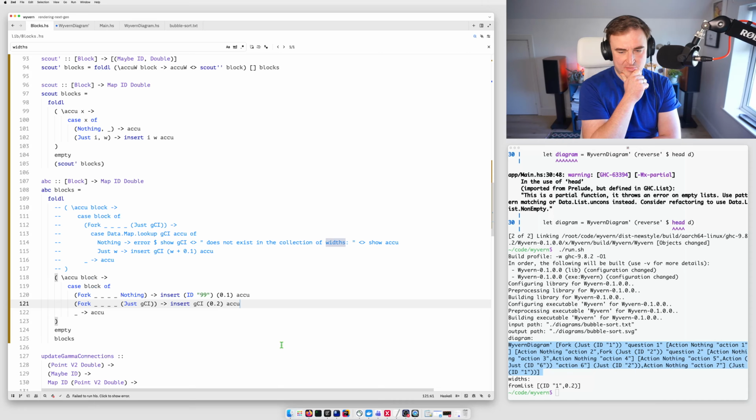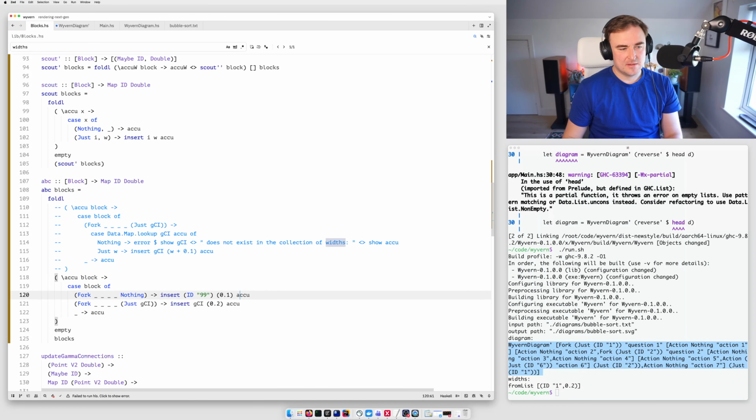So the parser is fine, thank goodness. I've forgotten how to use maps. Let's pretend that we're only dealing with a list of tuples. And here